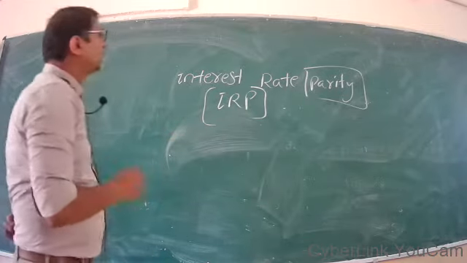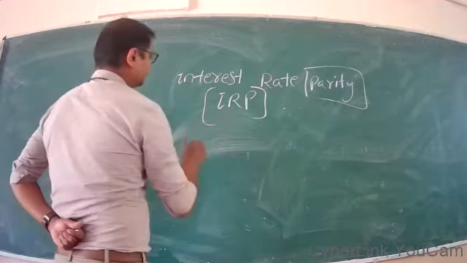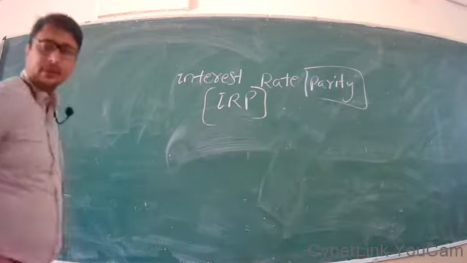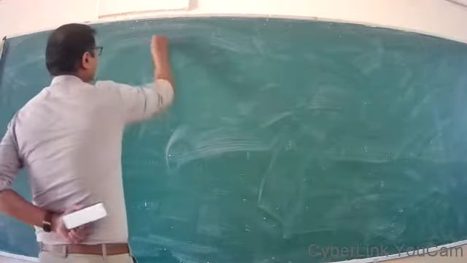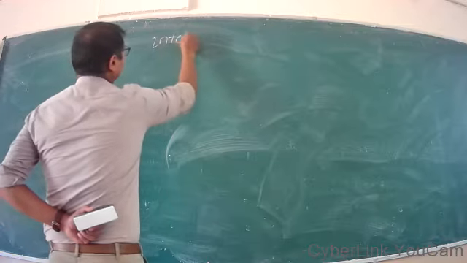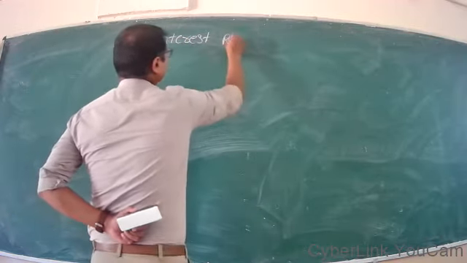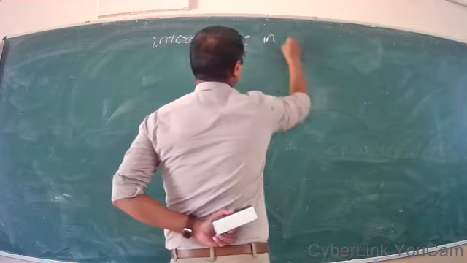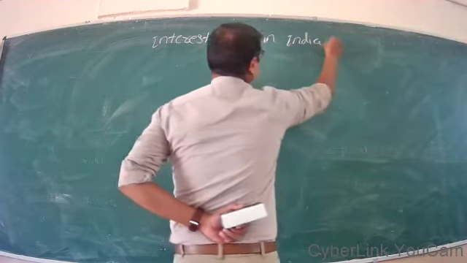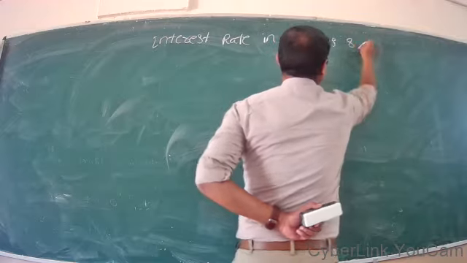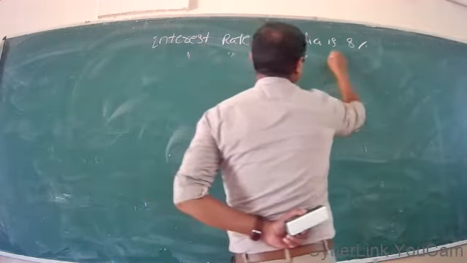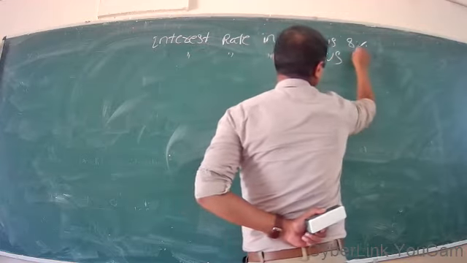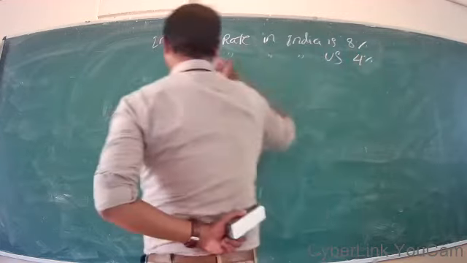Which are those two variables? Say, for example, we are discussing interest rate parity theory. The interest rate in India is 8% and the same interest rate in the US is, say for example, 4%,